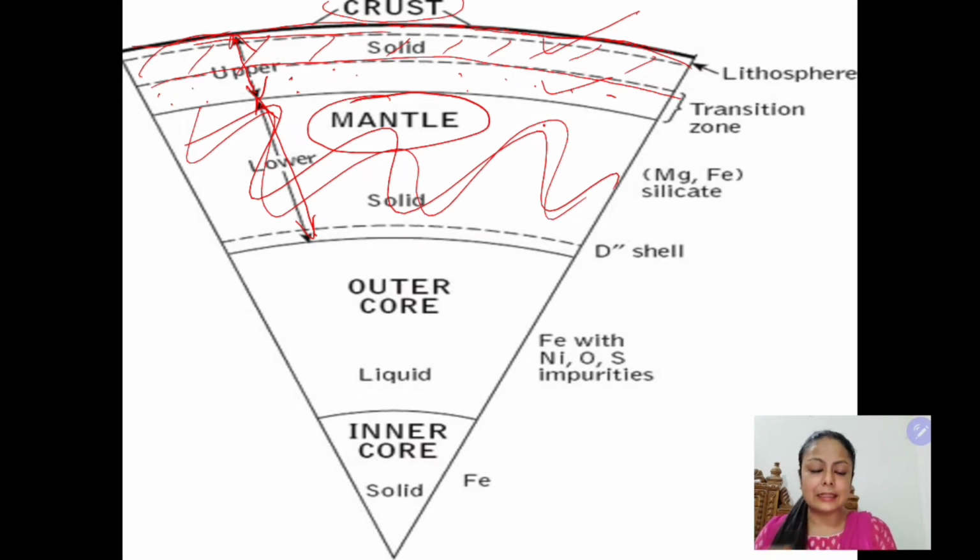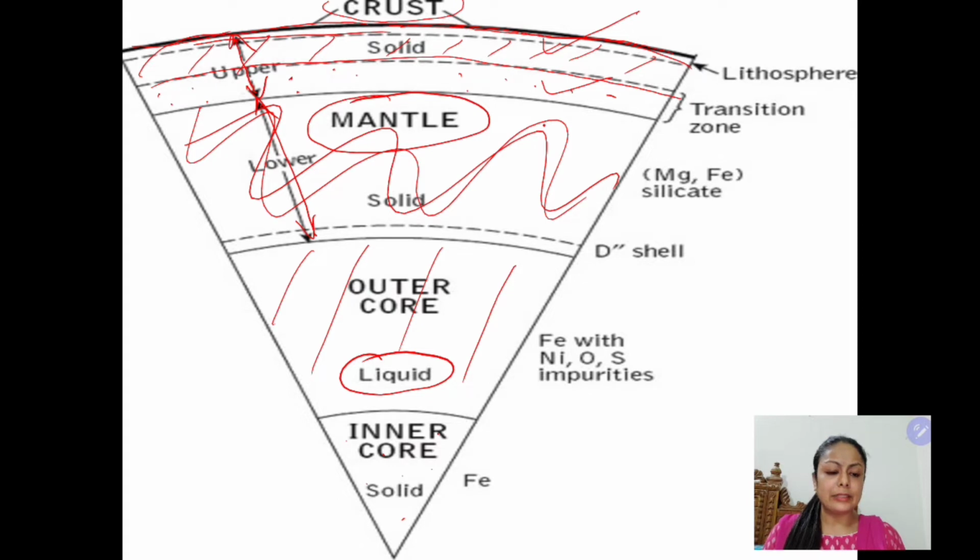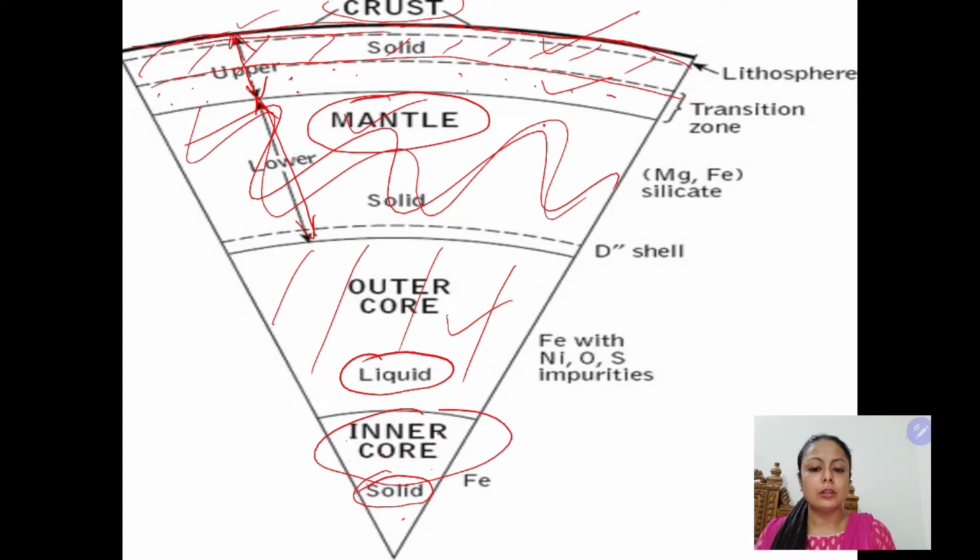Let's proceed. The next layer, the innermost layer, is the core. The core can be divided into the outer core and the inner core. The outer core is in liquid or semi-molten state because it does not experience so much pressure, whereas the inner core is solid in spite of experiencing extremely high temperature. The inner core is in solid state because of the pressure by the overlying layers, the crust, the mantle and the outer core. They exert pressure on the inner core. That's why it is in solid state.